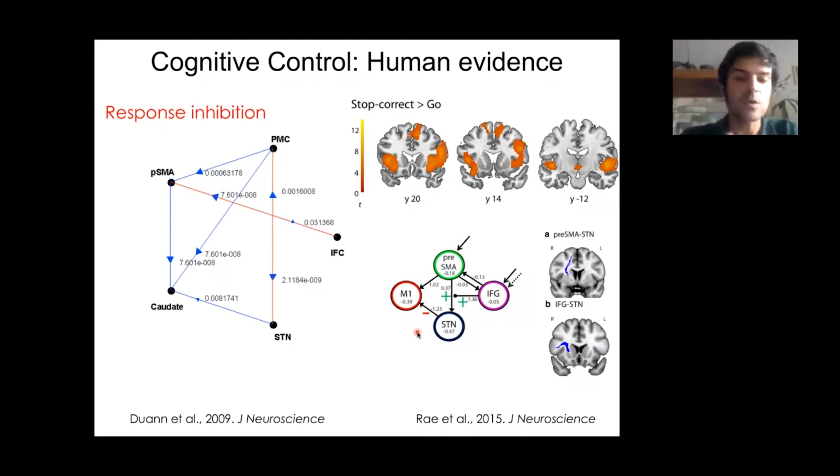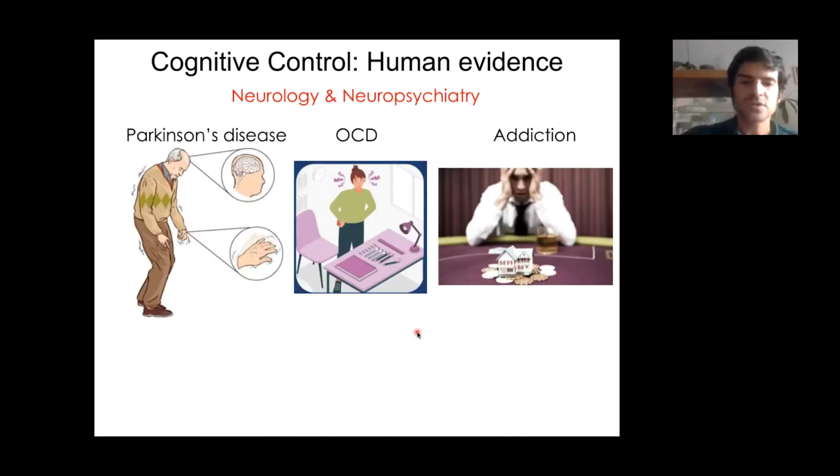the causal function of one area in particular. Also, it's important to know these functions, these brain areas, because there are certain diseases that also have problems in controlling behavior, such as Parkinson's disease, which is a dopaminergic disease, where patients lose the ability to switch between actions or to inhibit an ongoing action in a motor movement,